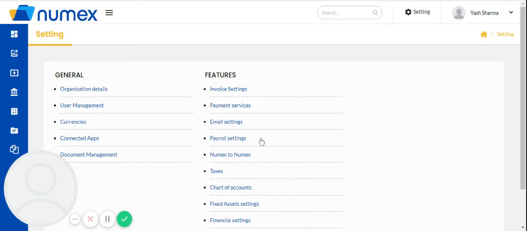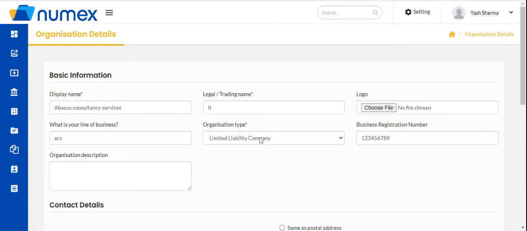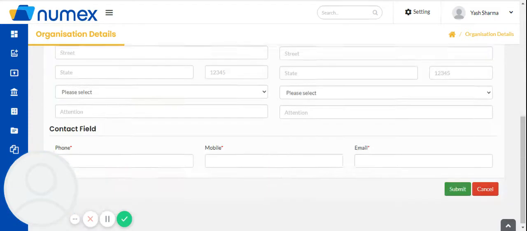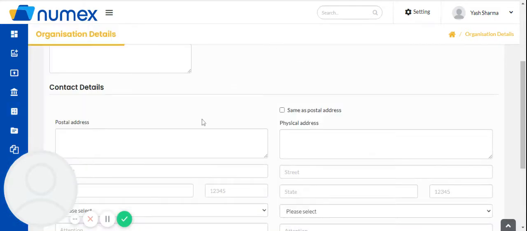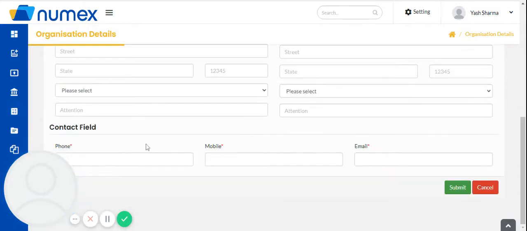Here you can see your organization detail, means the business details which you have entered while registering. So you have to just enter the contact field, like phone number of your business organization. So I'm entering a dummy number here.